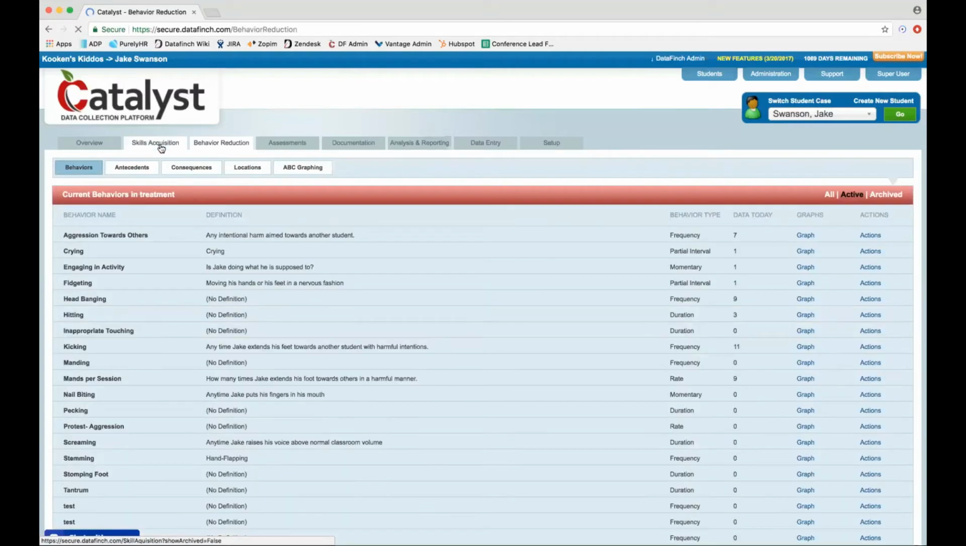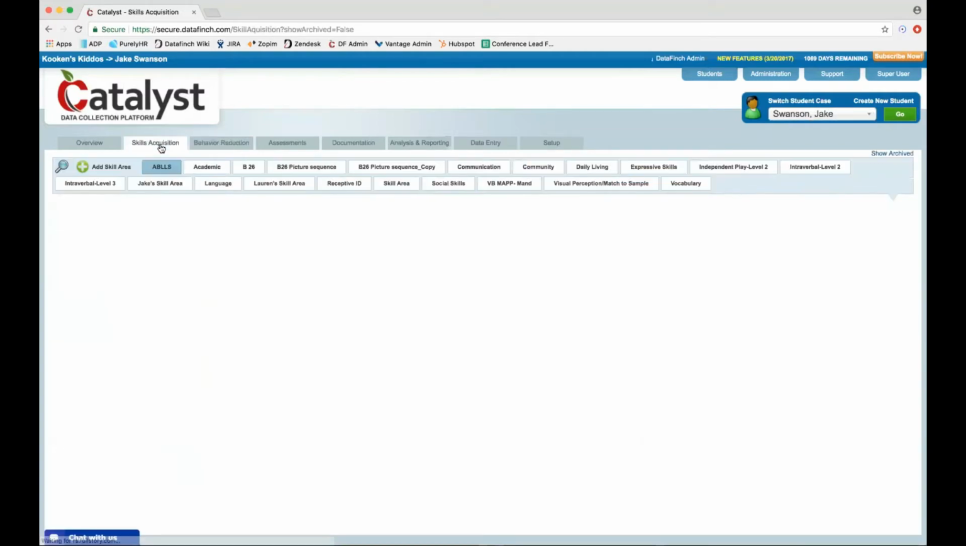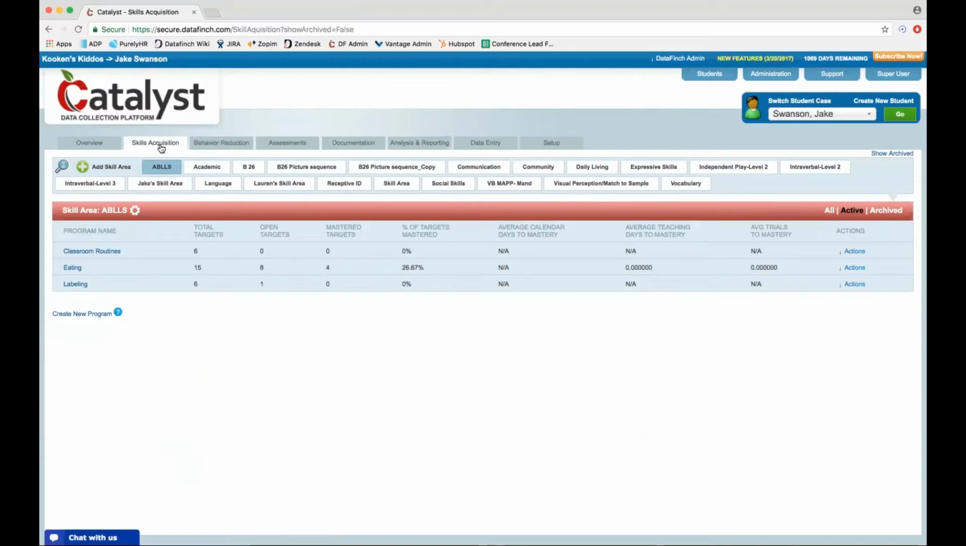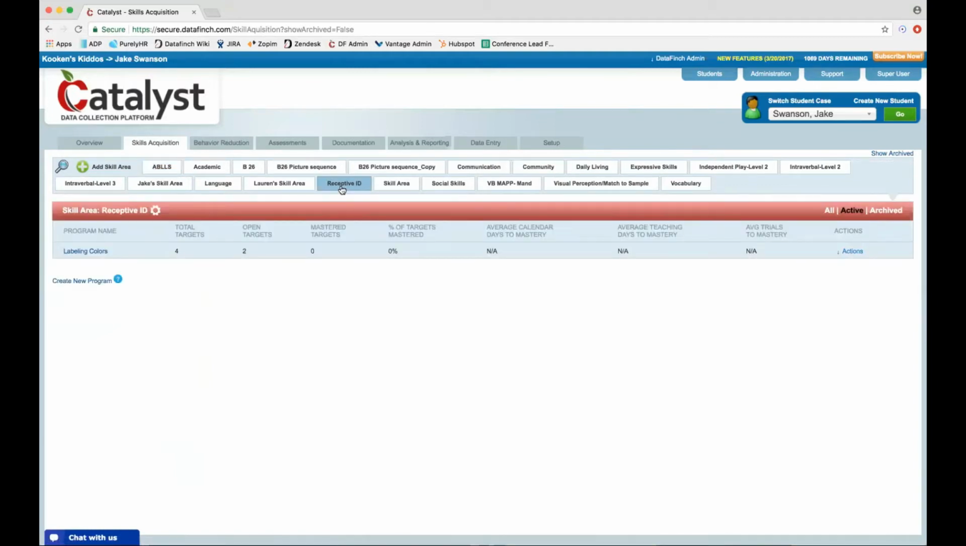It's just a little bit of a larger funnel that we have set up here. So it's broken up into skill areas, and then you have your programs, and then within each of your programs is where you will create your target. So to create a skill area, you just hit this little green plus sign. It'll give you this box, and you'll type it in. So for example, if we're working on receptive ID, we would then have our program in there called labeling colors,